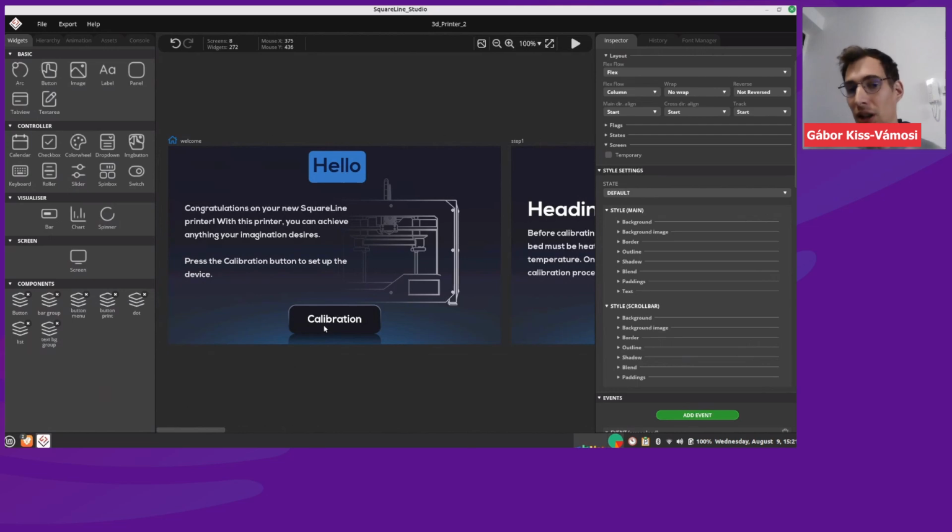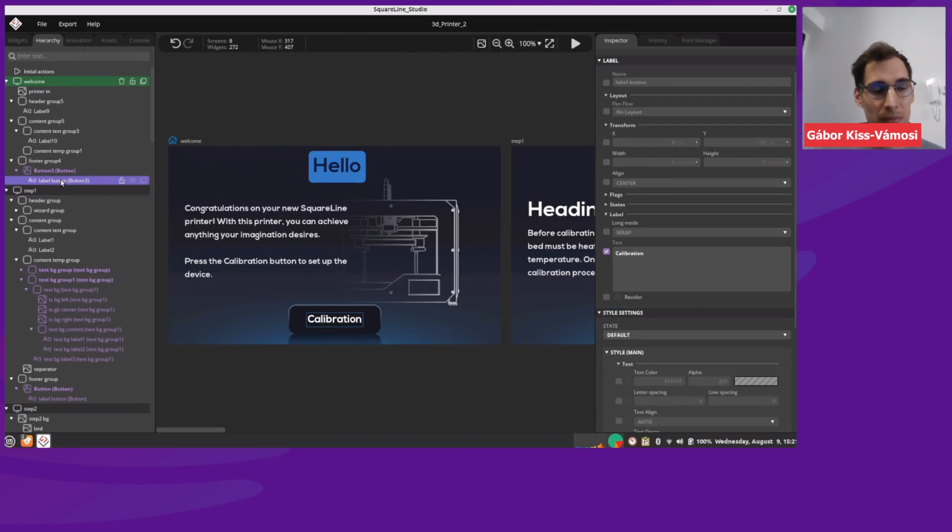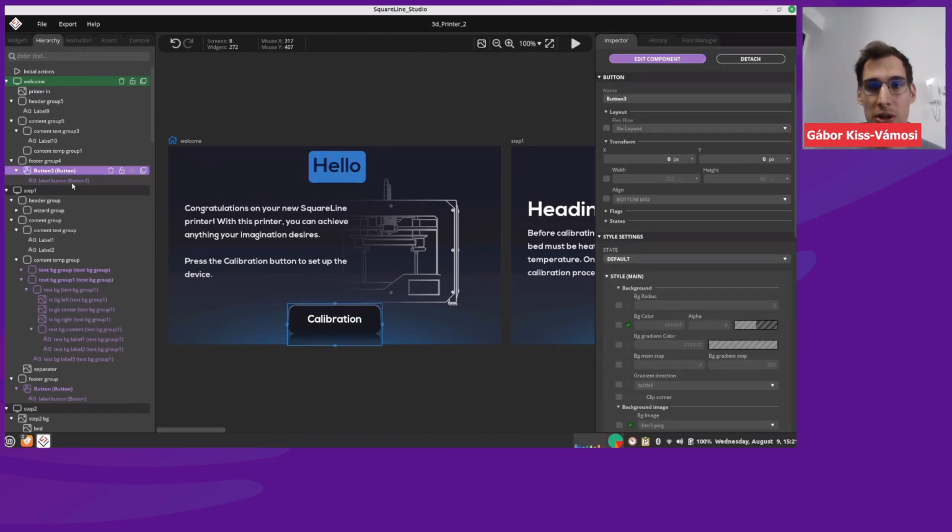If you just create these buttons one by one and you need to change something, it would be very boring and time consuming. Instead, you can just create this button once. I show it in the hierarchy. So we have the button here and we have a label on it. Once you have created this small group of widgets, you can convert them to a component.